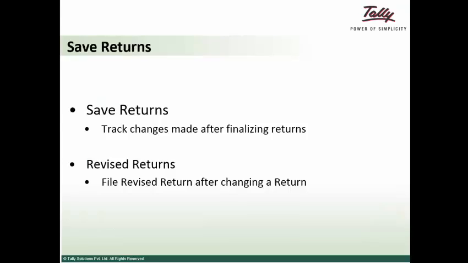Imagine a scenario: a businessman finalizes his VAT return. Then the accountant makes VAT related additions and alterations. How will anyone know about such changes? Release 5.0 gives a powerful capability of saving returns. After you save the return, whatever changes are done will get reflected in the triangulation report, thereby helping in immediate action. Also, if you accept the changes, you can easily file a revised return. Let us see this in action.